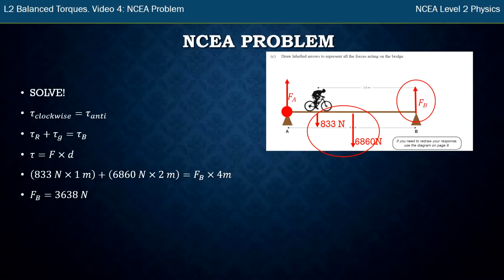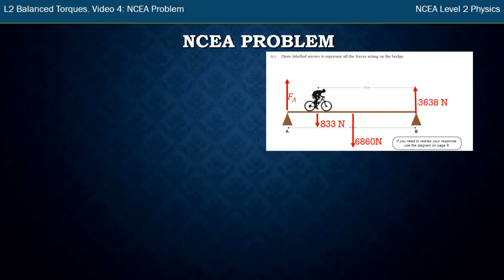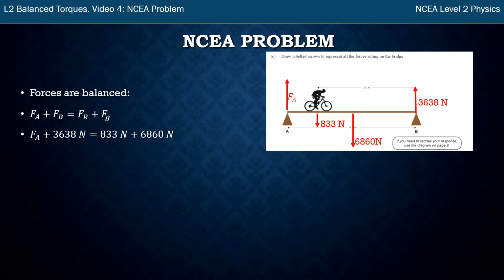If I wanted to, I could go through the same process but have chosen my pivot point to be point B, and then I could have worked out the force at A. However, there's another way. The other way to work out the remaining force is just to look at the balanced forces and say my upwards forces, force A and force B, is balanced by my downwards forces, force R and force G. I've got a bunch of them already. I know force B, 3,600. I know force R, 833. I know force gravity, 6,860. Rearrange that to get force A, and I get 4,000 newtons, which is slightly bigger than B, which is what